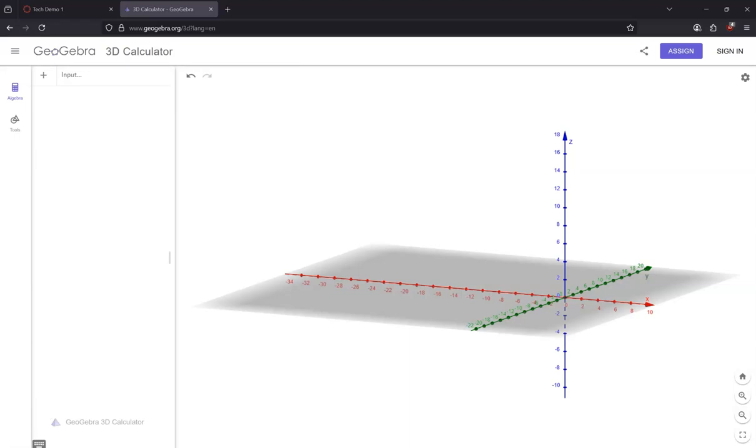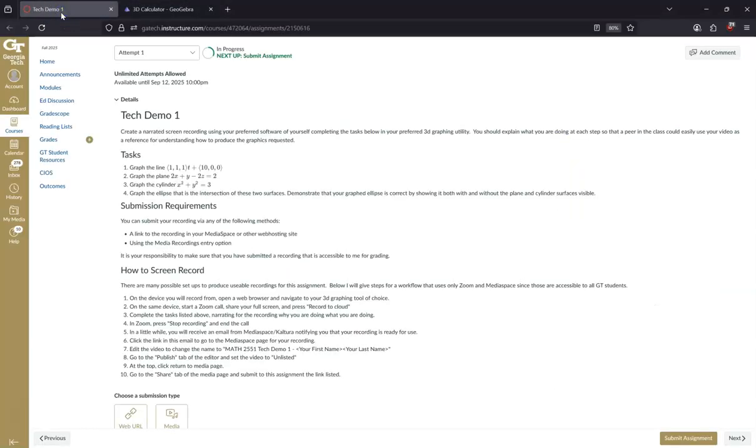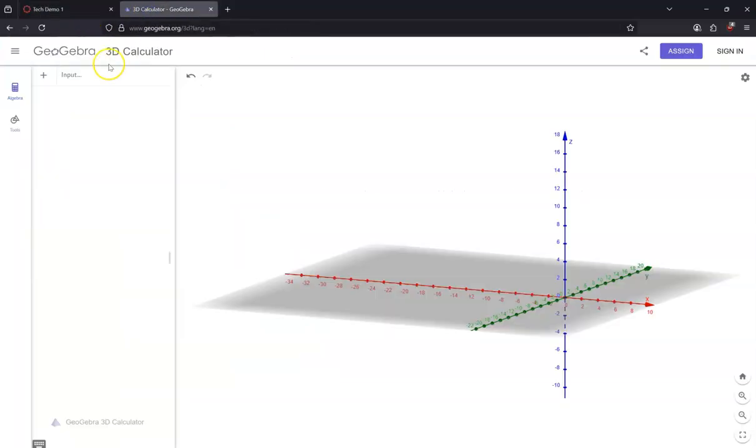Hello, welcome to Tech Demo 1 for Multivariable Calculus. Today we're going to be doing a line, plane, cylinder, and ellipse. So, let's start with number 1, the line, which